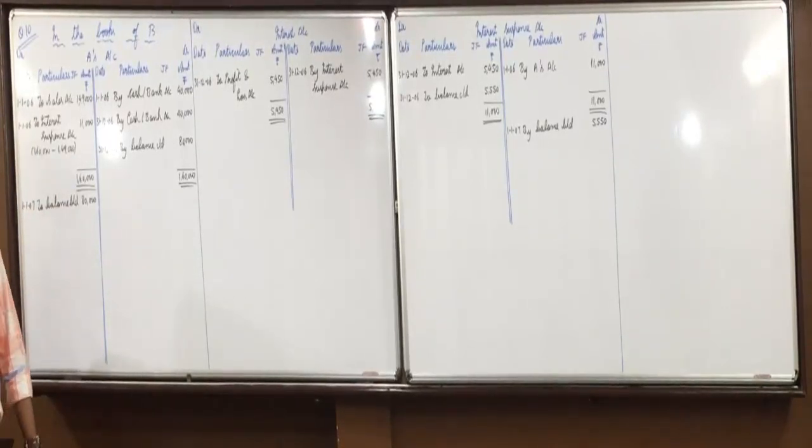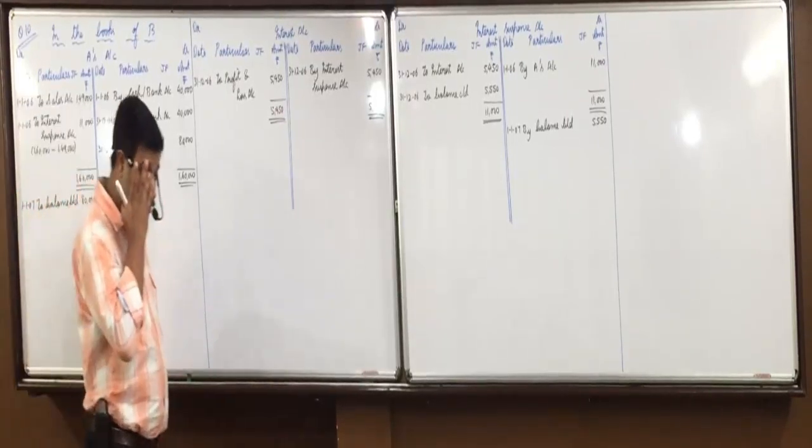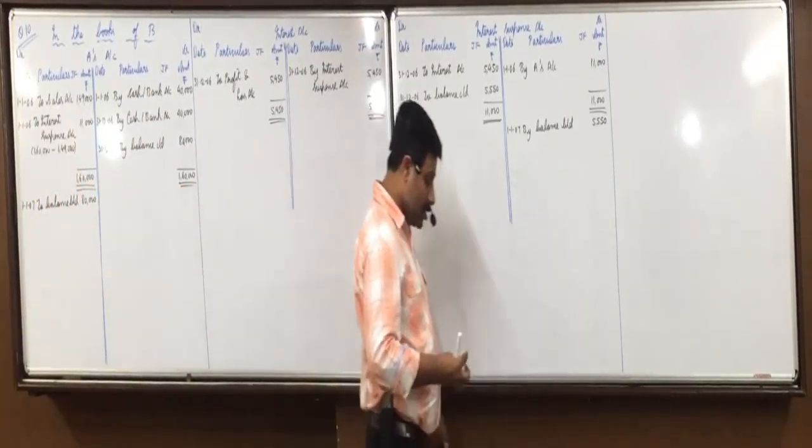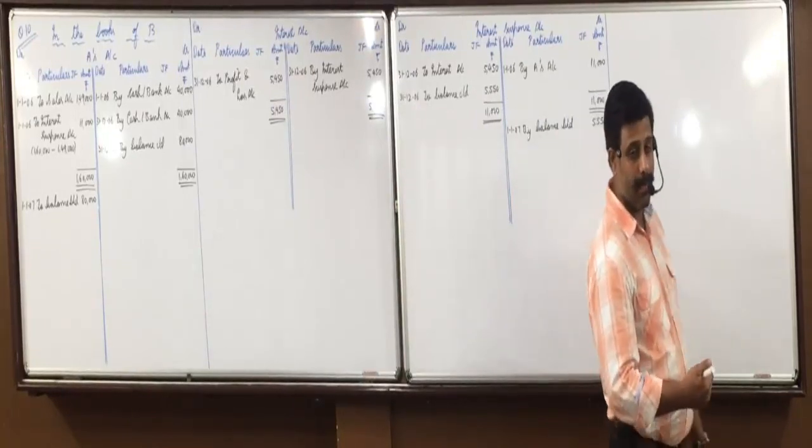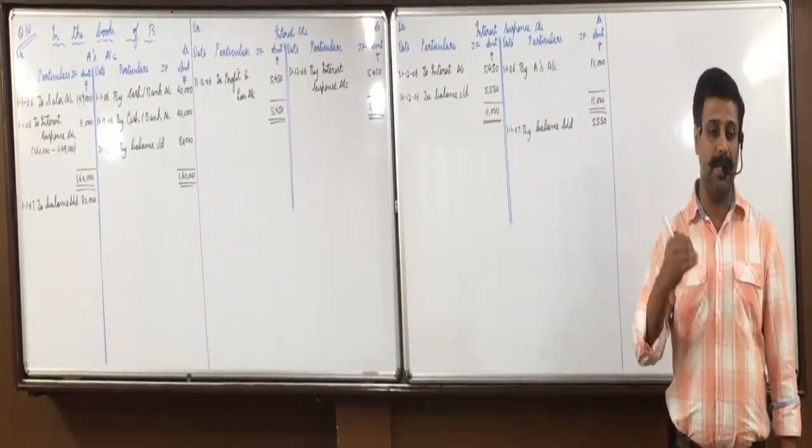First year is over. Now second and subsequent years, which entries we will not have? Down payment and cash sale entry will not have. Will directly start from interest. Abhimanyu. Interest account debit to interest suspense. Wrong. No, interest suspense to interest. Here interest is an income, so interest suspense to interest.